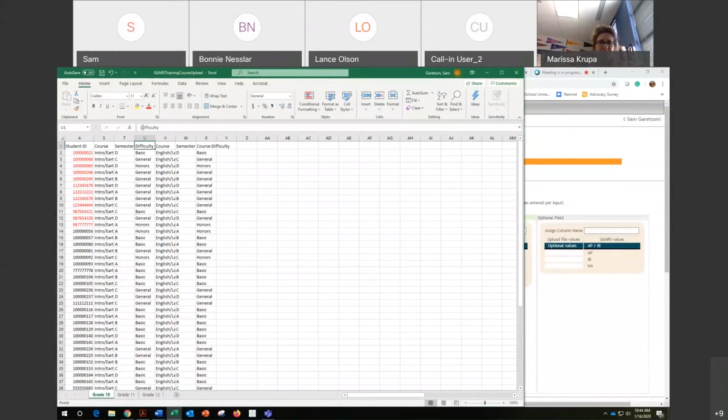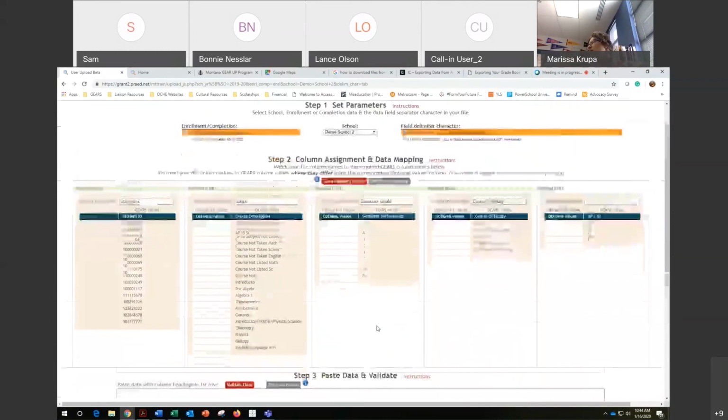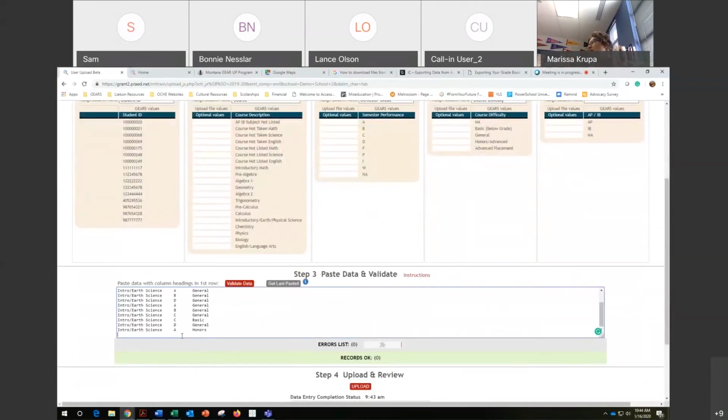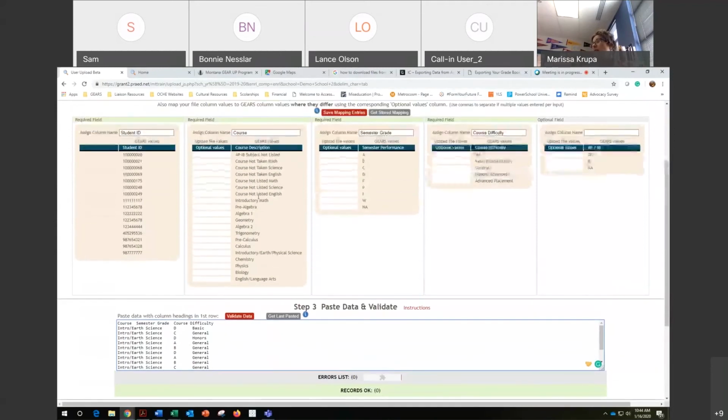So that, I don't know, here too. So that when I copy and paste this data, I can do it really efficiently. So I'm going to copy this, move over here, paste that, and then you'll see course, semester grade, yeah, Intro to Science pushed it out. But then we'll look in here. Is there anything named